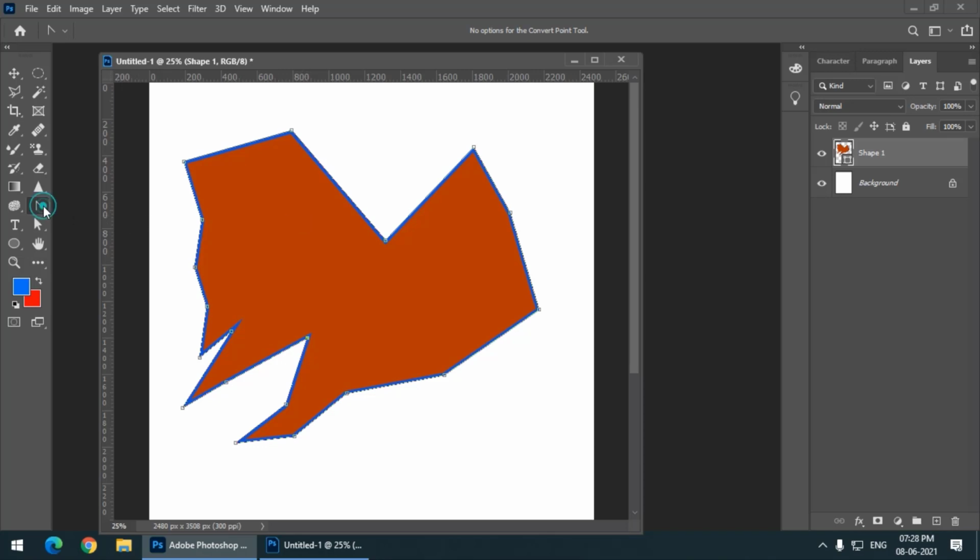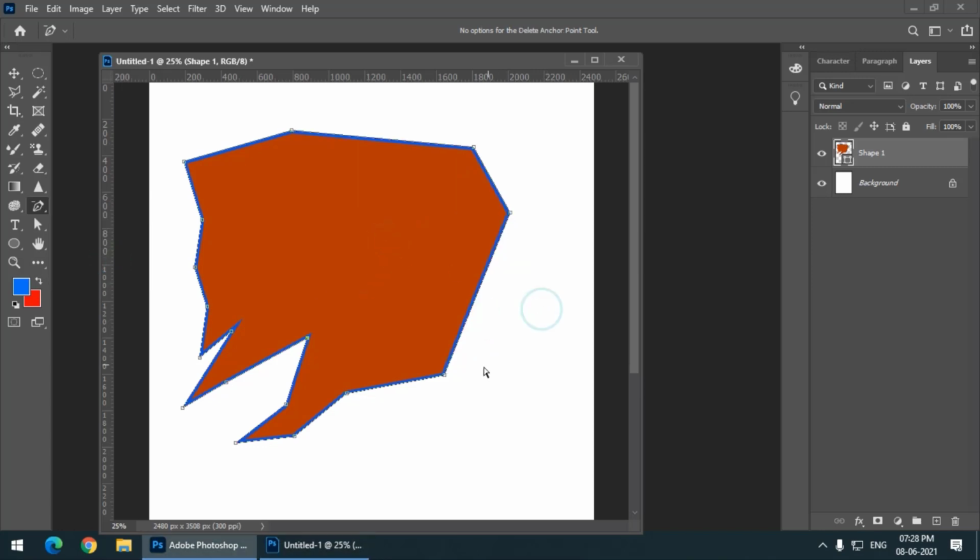So as we have added anchor points, similarly we can also delete the unwanted anchor points. So we can choose delete anchor point, and we can simply delete any anchor points that we don't want.